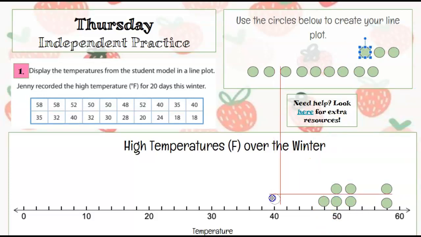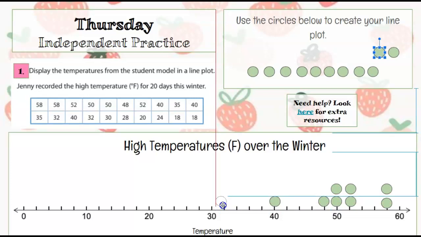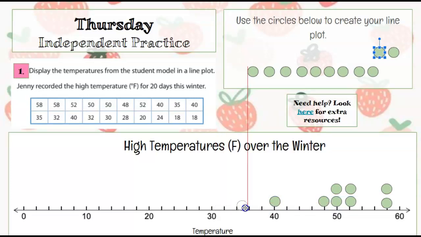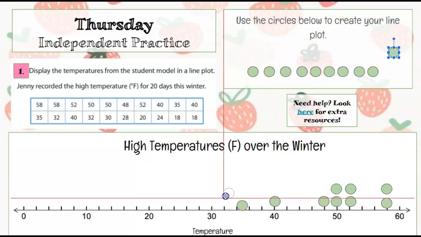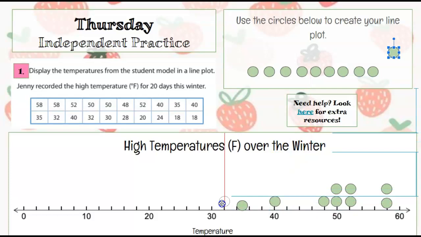And I've got 40, 35. So that's an odd number. So I'm going to go 32, 34, 36. So it's going to be right in between there. Got 32, 40,